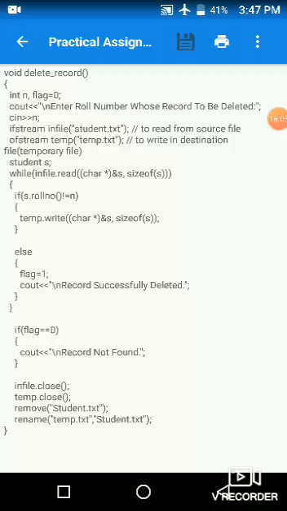So now see what I have done here. I have again created the object of the class student and then used the while loop. So while infile.read, so infile means student.txt dot read, again the size and the address passed, inside the while loop. Now if s.roll number is not equal to n,